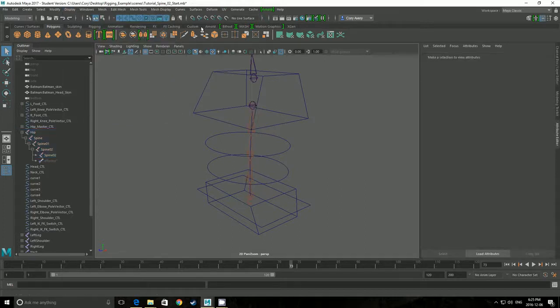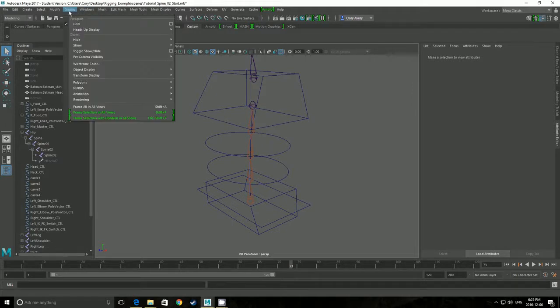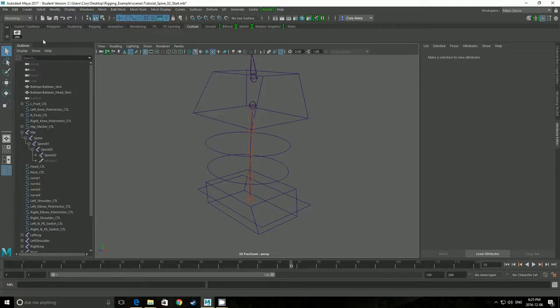What I can do, I've got my custom shelf here, which is currently empty. I can add common tasks to that shelf, so I don't have to pull them up every time I need to use it, and I think this is one where it definitely deserves an entry of its own. So with the custom tab active, I'm going to go to display, transform display, and I'm going to Control Shift click on the local rotation axis. And what it's going to do, it's going to add that to the shelf,